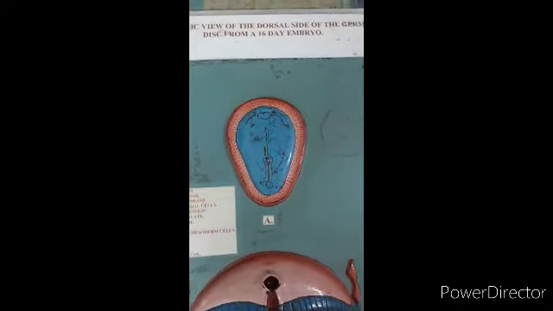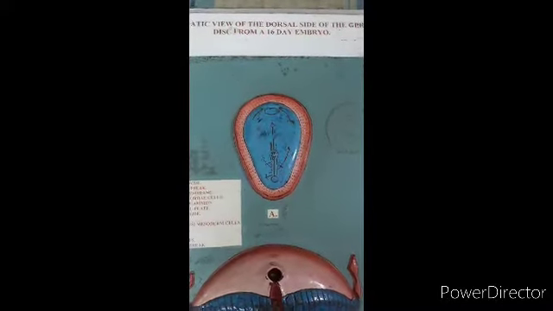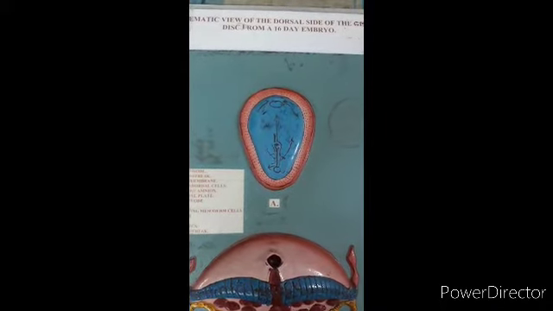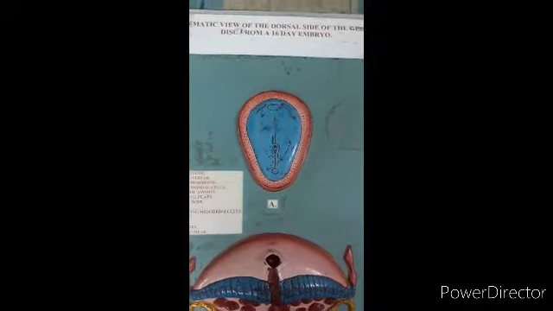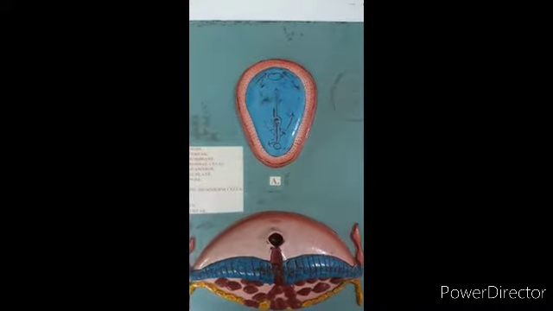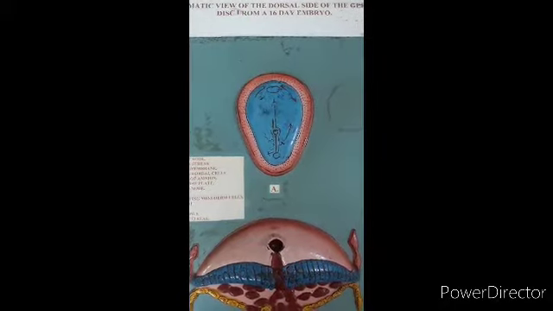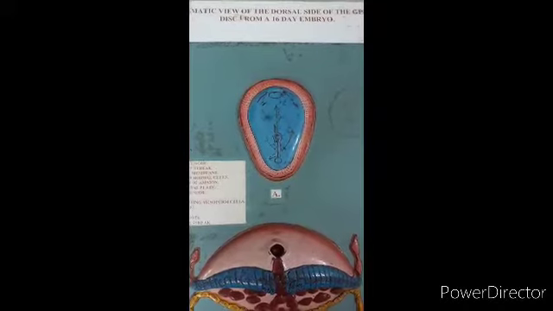The formation of three germ layers, actually this process is known as gastrulation. What is gastrulation? Gastrulation is a process where the implanted blastula forms three germ layers. Okay, this event occurs in the third week after fertilization. So first of all we will discuss how the primitive streak forms.